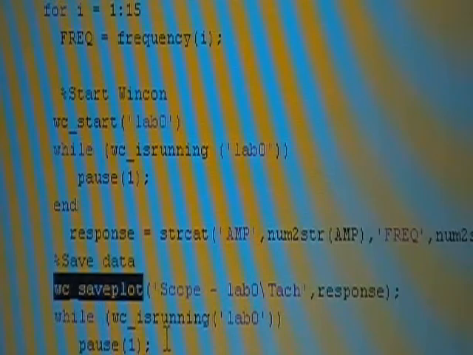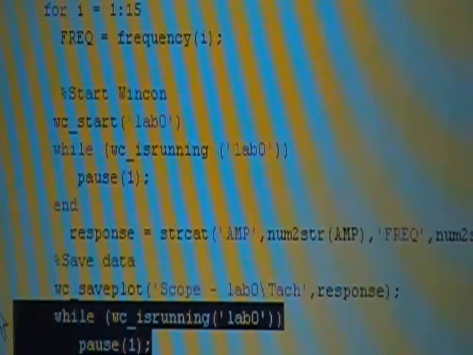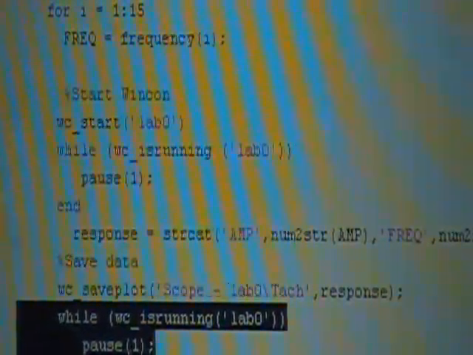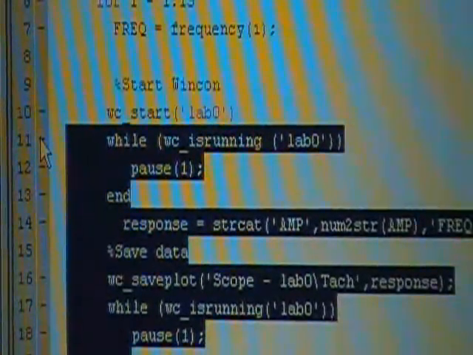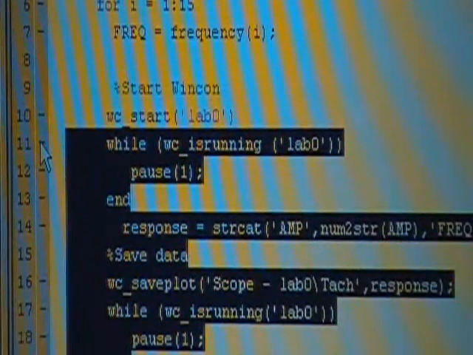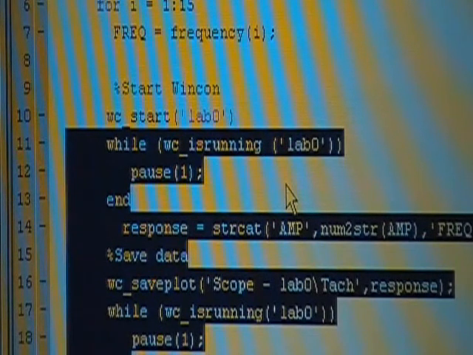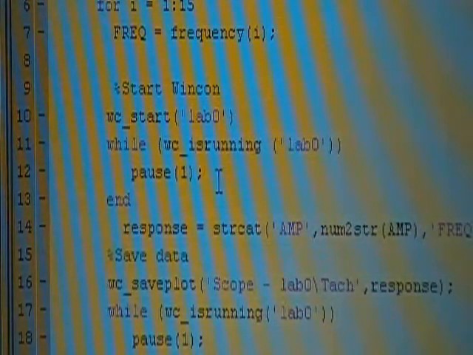Data with WC save plot, and then another pause block inside a while loop is the standard structure that you need for being able to correctly save data using WinCon. More details about this can be found in the WinCon manual, so if you want, you can go and look that up. Okay, so what we do is